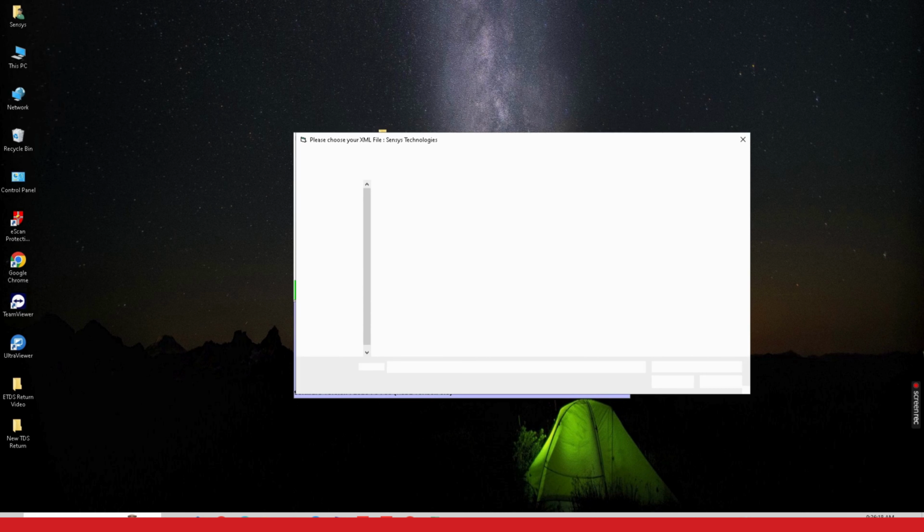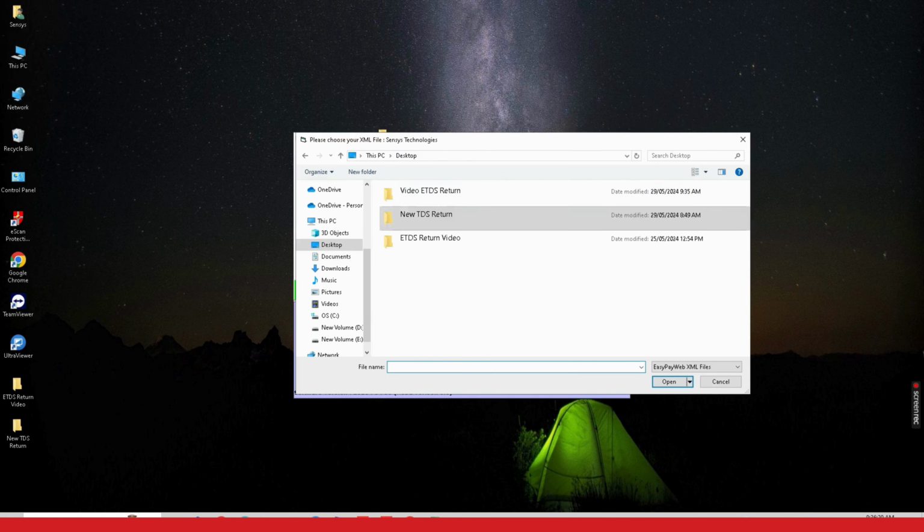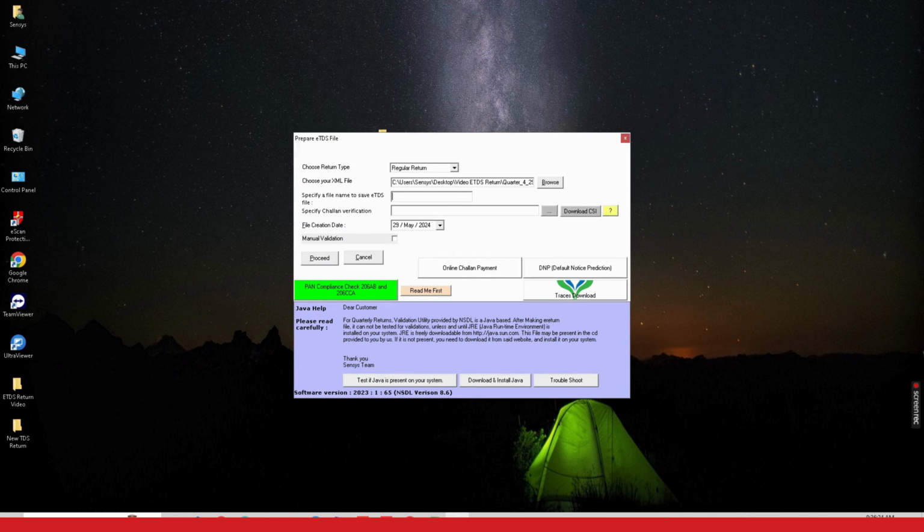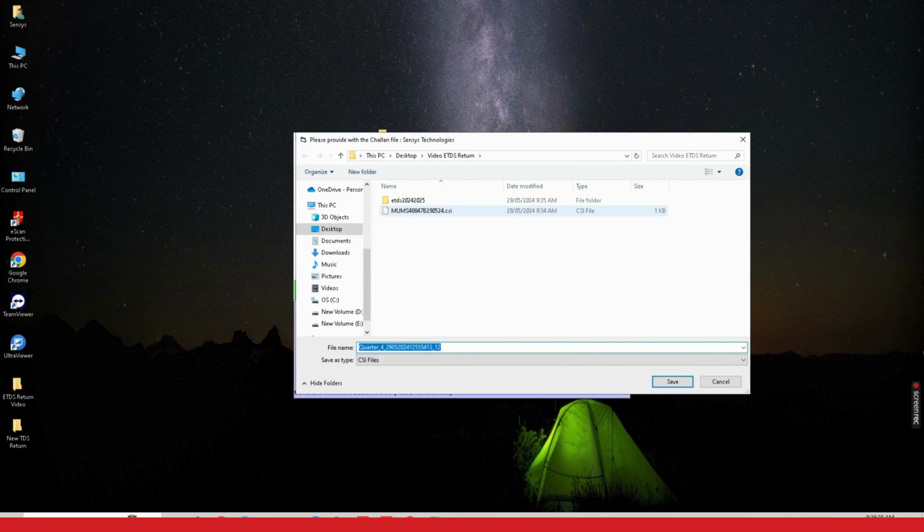Select the XML file. Enter the FVU file name. Make sure the file name does not exceed more than 8 characters and don't use special characters and spaces in file names. Then select the CSI file and click the Proceed button.